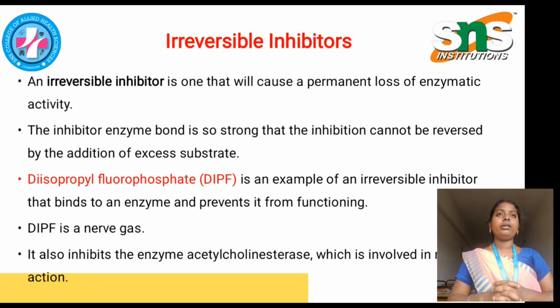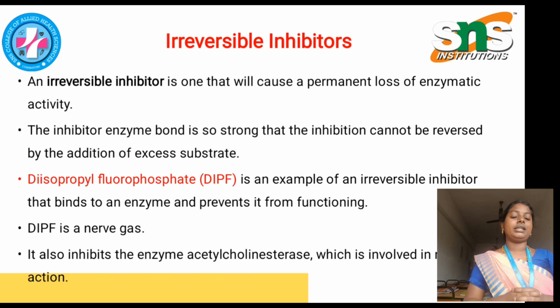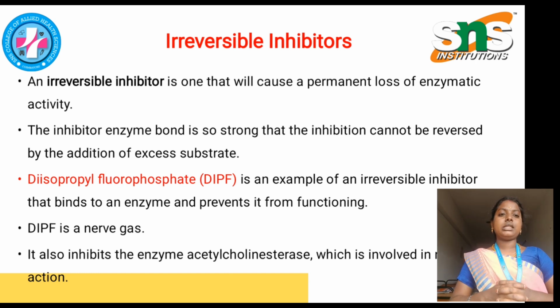And coming to the irreversible inhibition, as I told already, it is the permanent loss of enzyme activity, and it does not reverse back once it gets fit into the enzyme. This enzyme bond is very strong, so the inhibition cannot be reversed. And a very good example is diisopropyl fluorophosphate, DIPF, and it is a nerve gas, so it mainly affects our nervous system, where it affects our neurotransmitter and our neuromuscular junction, and it leads to nervous system damage. So it is an example of an irreversible inhibitor that binds to the enzyme